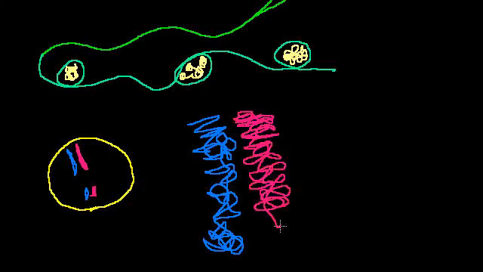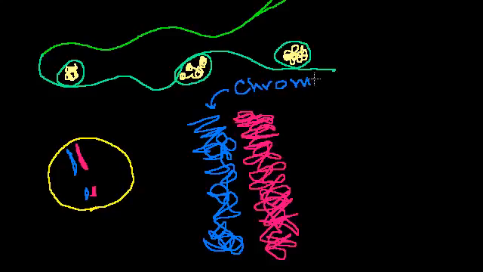So when we talk about this one chain, let's say this one chain of DNA that I got from my dad in this structure, we refer to that as a chromosome. Chromosome. Now, I want to be clear here, DNA only takes this shape at certain stages of its life,